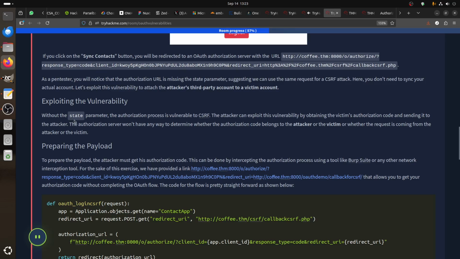So we don't have the state parameter. The authorization server won't have any way to determine whether the authorization could belong to the attacker or the victim, or whether the request is coming from the attacker or the victim. Okay, now we